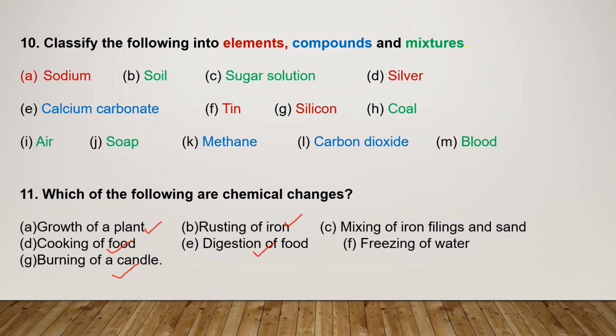I think only one or two questions you have to write in your notebook. Question number 4: explain the following giving examples: saturated solution, pure substance, colloid, suspension. These answers we already discussed and wrote in your notebook, so no need to write question number 4. All other answers you can do in your textbook.